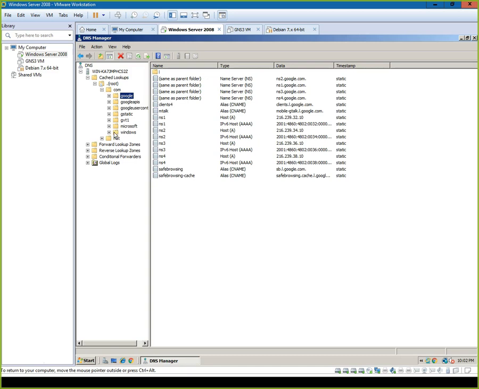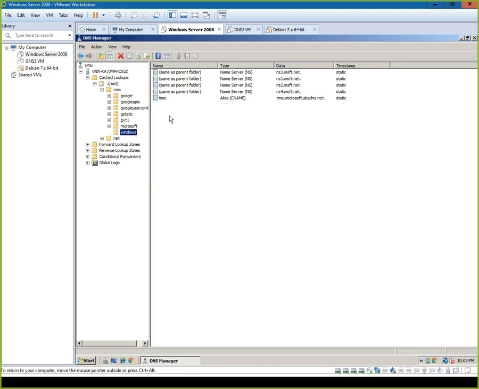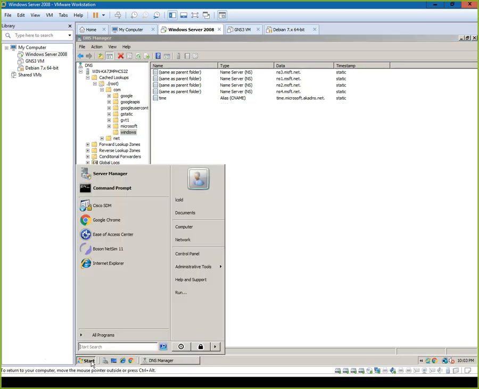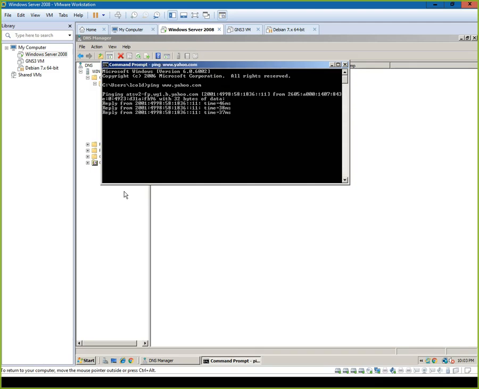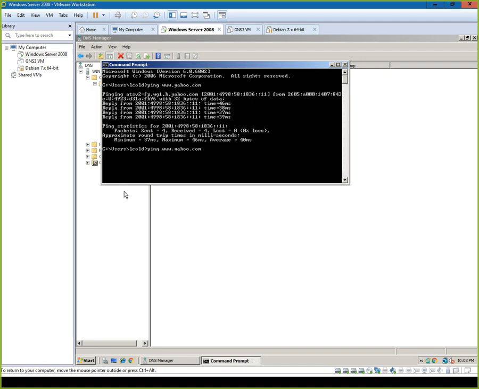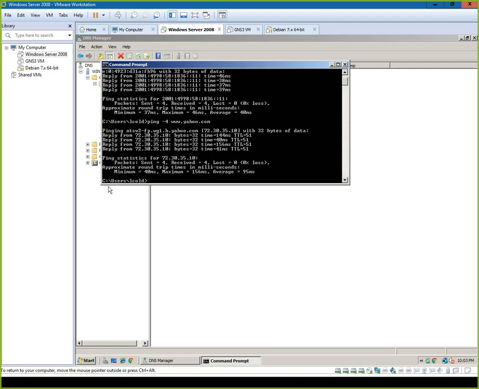Let's see if I can... This one doesn't have any actual real ones, because they time out. Let's see if we can get one. Okay, so it didn't. See, this one did an IPv6. We can tell it that we want to do IPv4, I think, because this is an IPv6